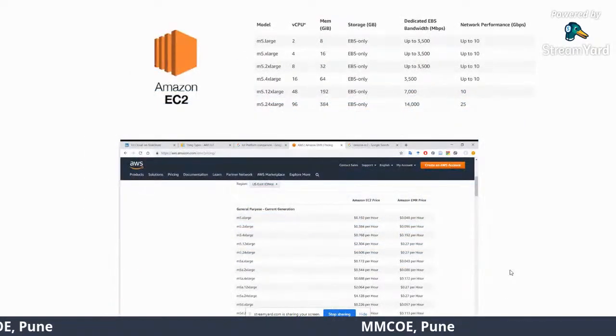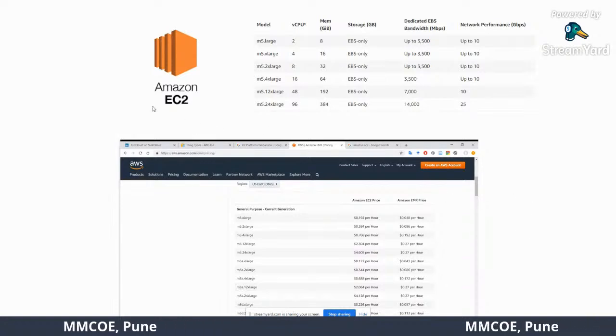Now, the objective of this session is to introduce you to some of these emerging cloud platforms which we are using for IoT applications. Amazon is one important cloud platform, quite widely used for various industrial applications. You can see that AWS, the Amazon cloud services, can be used using Elastic Compute, EC2. You can make use of EC2, and if you have a model, the model shows how many CPUs you can use.